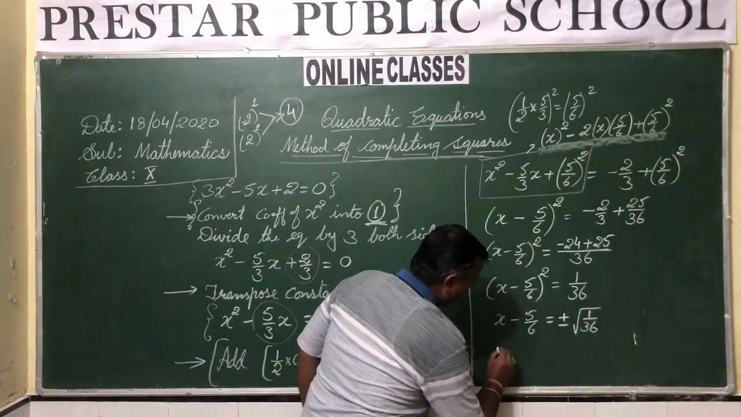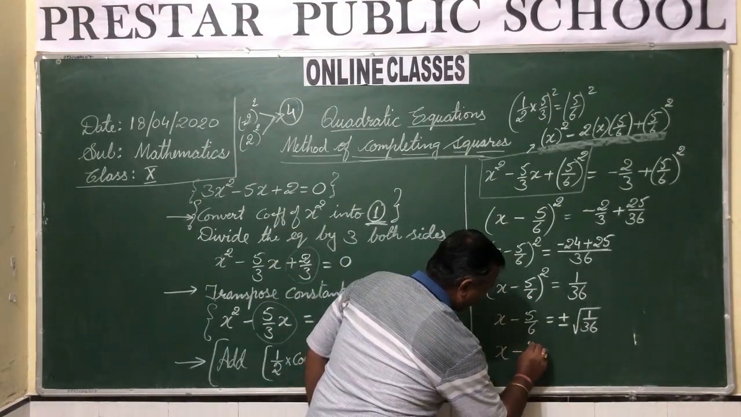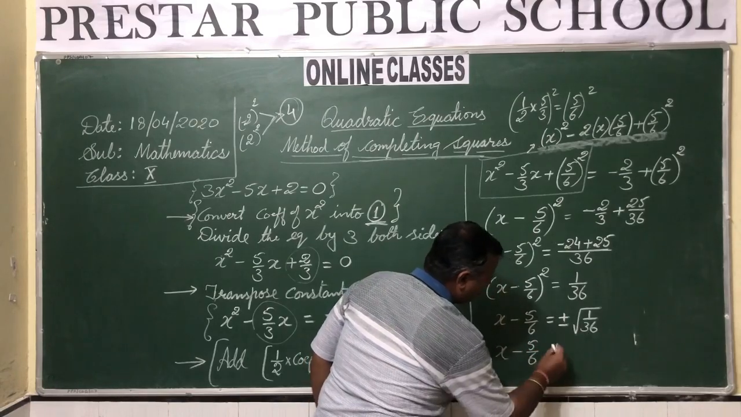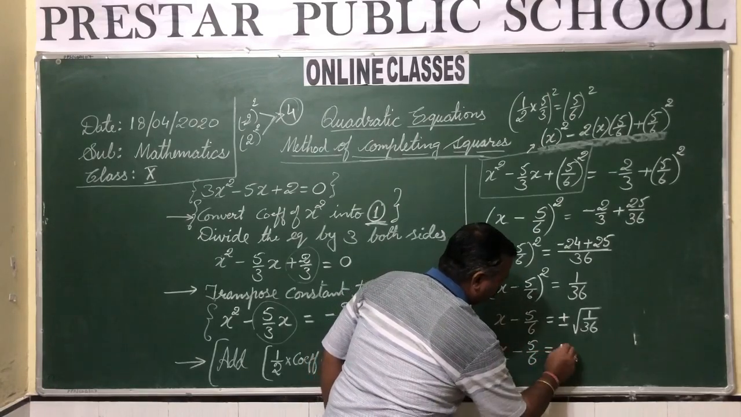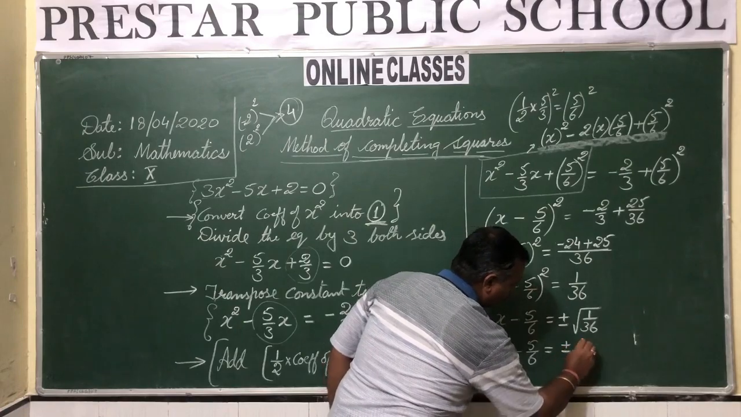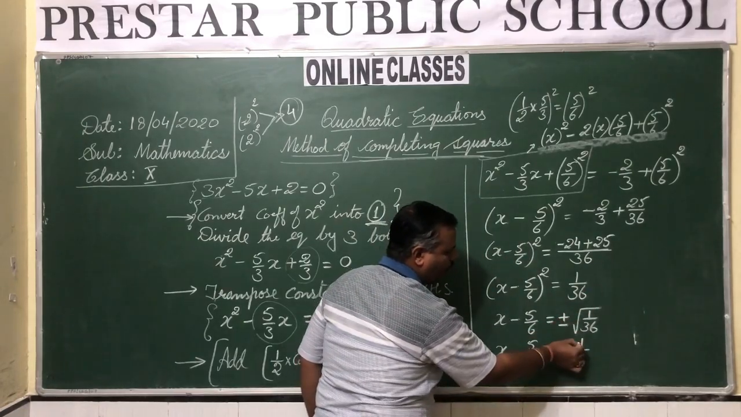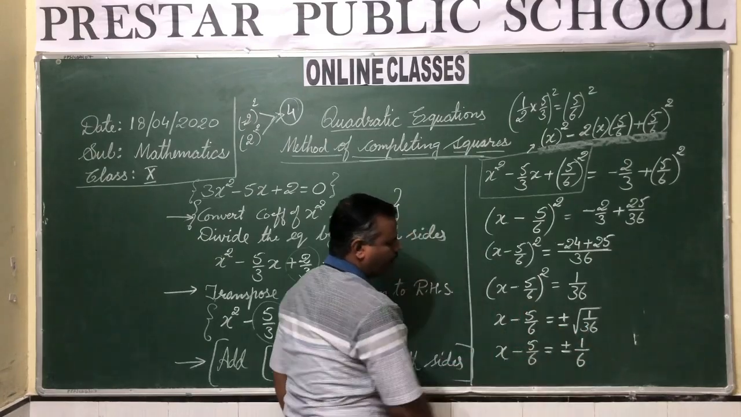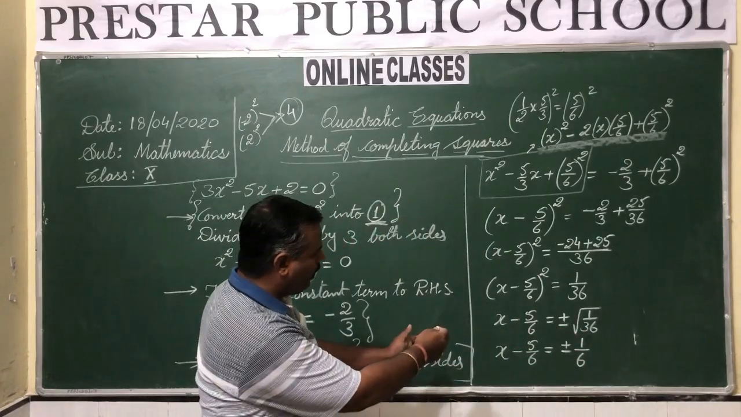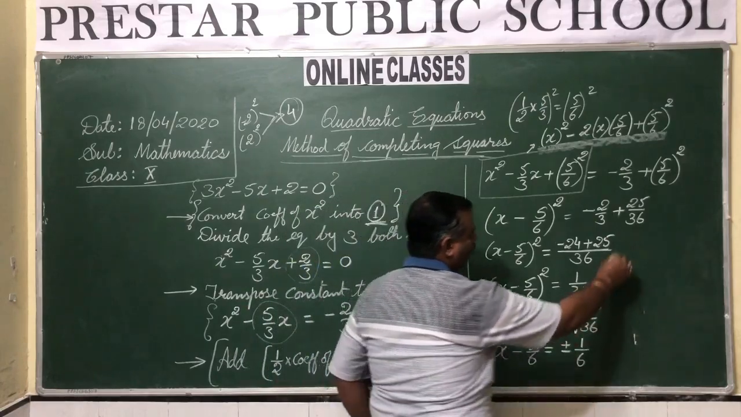So here what we get? x minus 5 upon 6 equals plus minus 1 upon 6, because the square root of 1 is 1 and the square root of 36 is 6. Now further if we solve this,